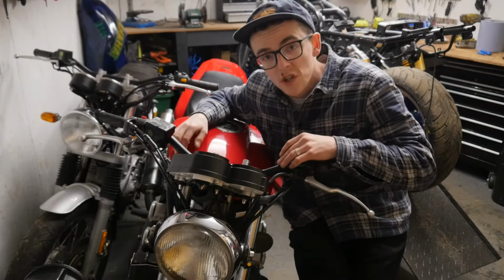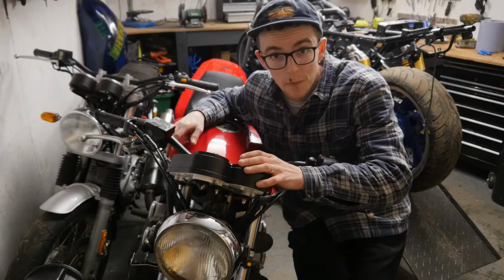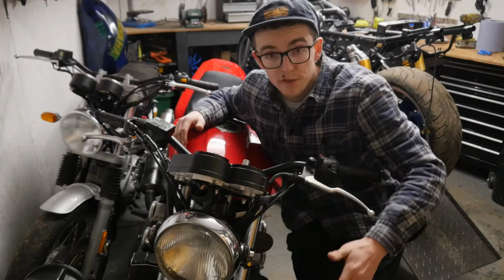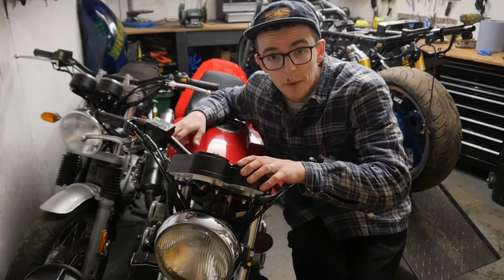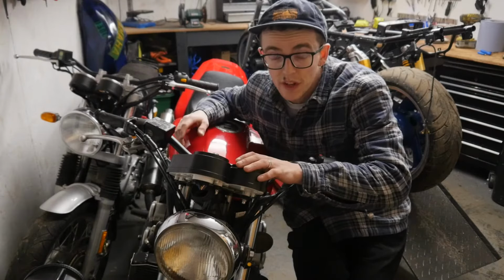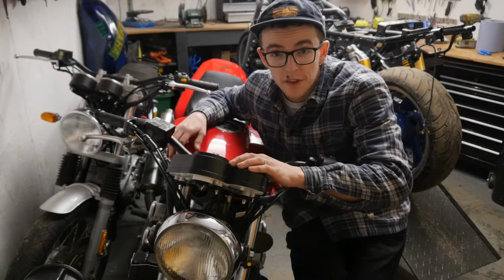Okay, functionally, there's nothing wrong with these clocks. They are the clocks that came on the bike. Background, if you didn't see the last episode on this bike, it did come with a fairing unit at the front where the clocks were incorporated into it. That's kind of stock on these bikes. But we were hoping to go for the more naked approach on this bike. So we've taken the fairing off, switched it out for a regular headlight, and then we're left with the conundrum